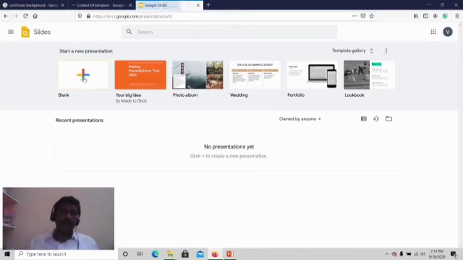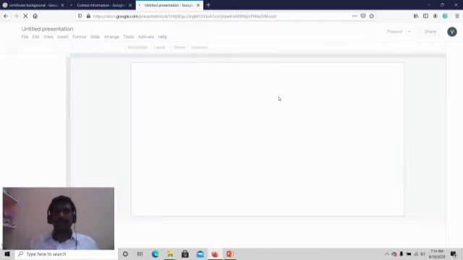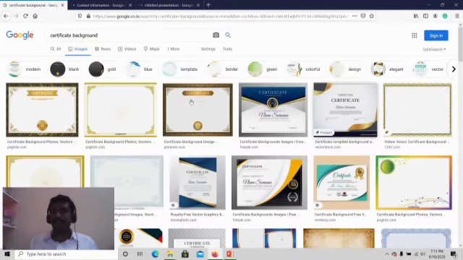Now we have a blank one. If you click on blank, you will get one slide. These are some terms and conditions, we have to accept that. This is your slide like your PPT. So it is very easy to create a certificate. This is Google, so just type in Google